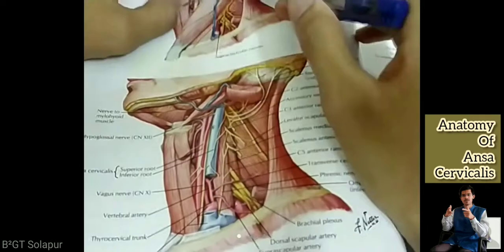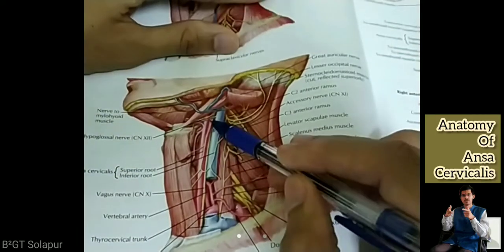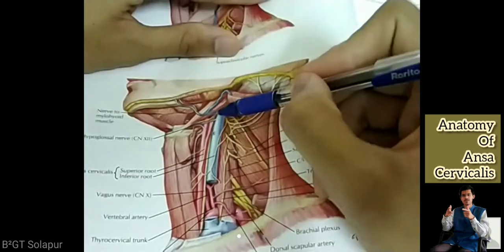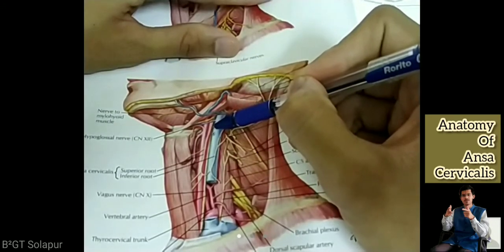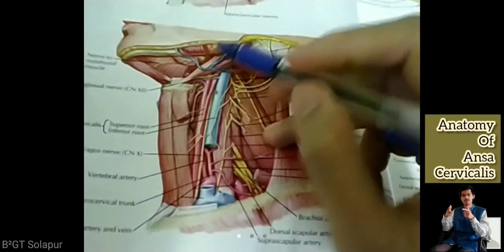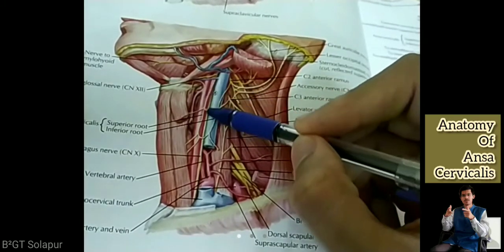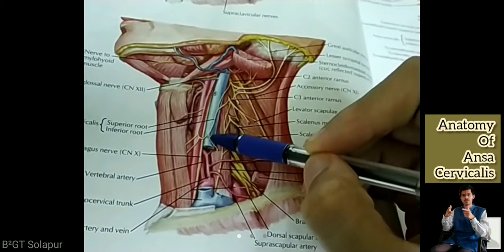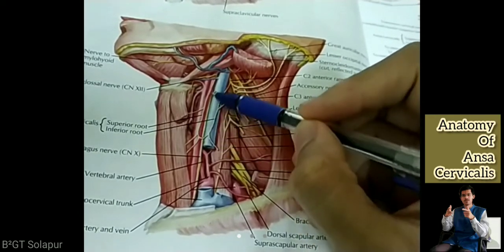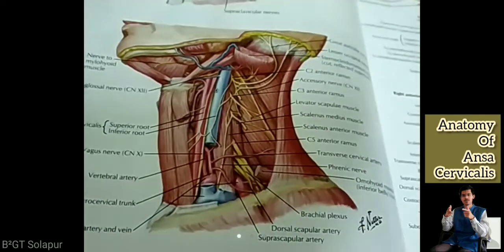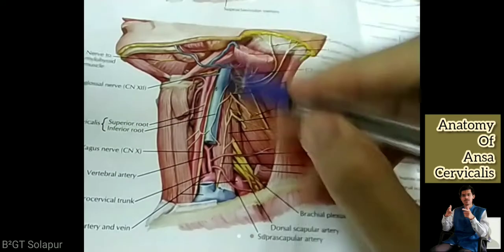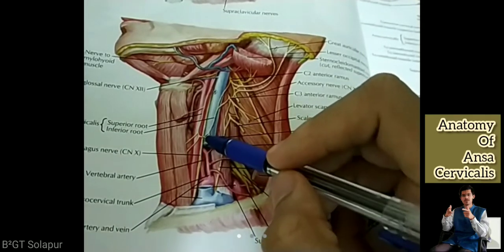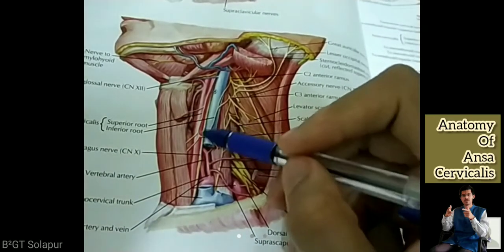Now we were discussing ansa cervicalis. Can you see this loop? I will mark it again. Properly trace it. White structure, are you able to make it? See this one. This is the loop. This loop is called ansa cervicalis. Now here it is giving, this now is not the branch of ansa cervicalis. It is coming from below. It is behind ansa cervicalis.